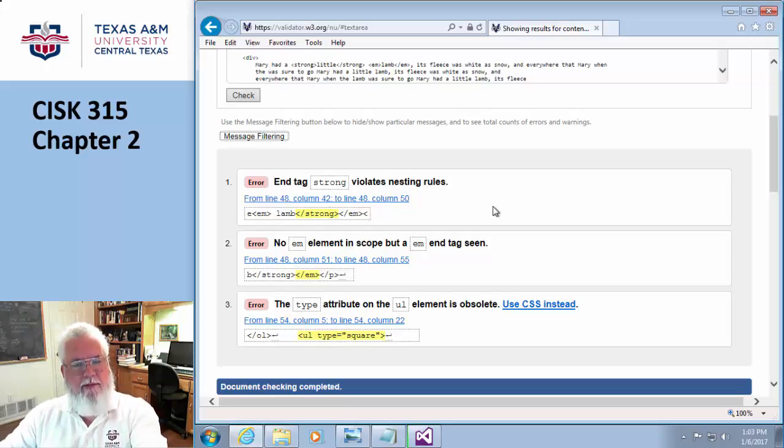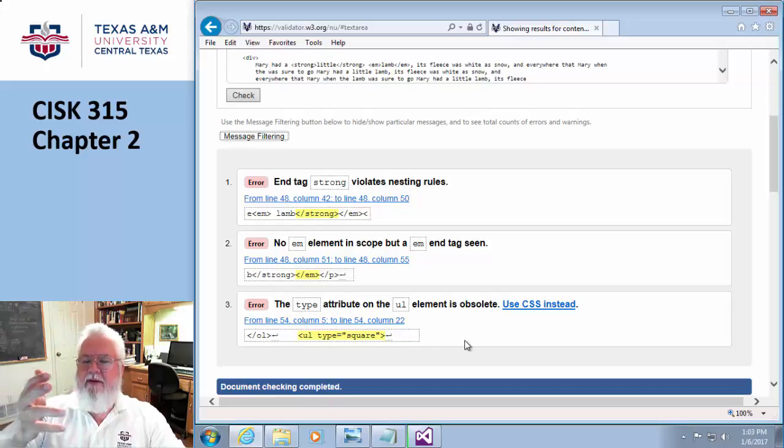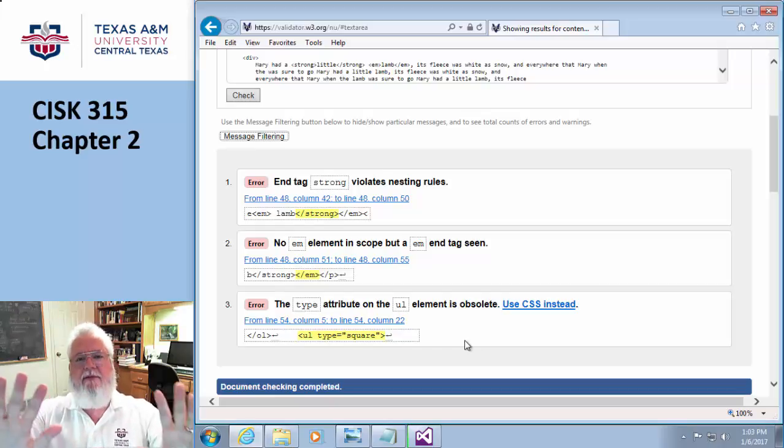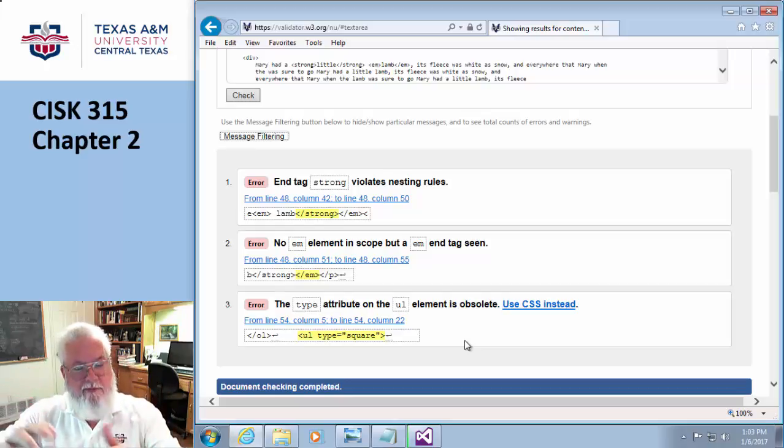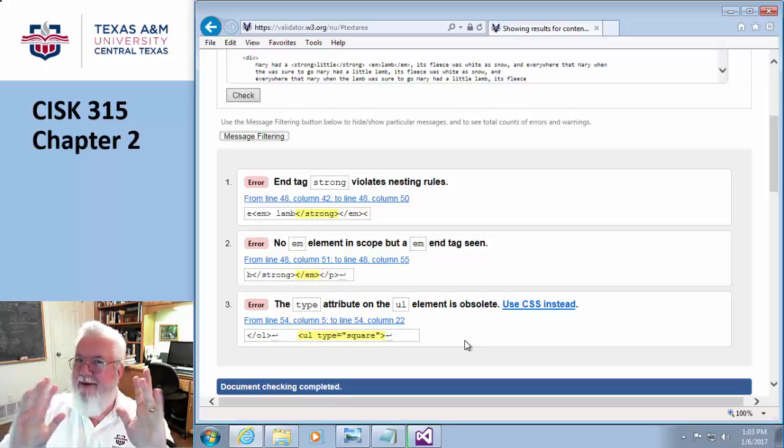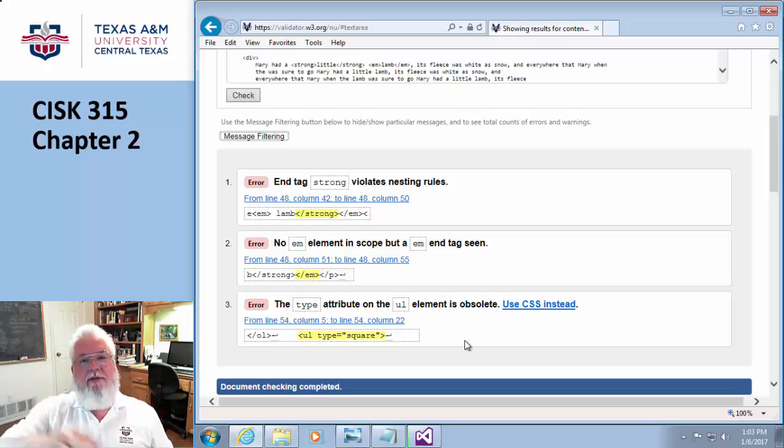It should, the example I talked about was the nesting rules. So the nesting rules are wrong, and the type attribute on this particular thing has become obsolete. I remember I changed the attribute. A lot of their attribute examples are incorrect, but they make for good ways to learn about attributes, but they are not necessarily compliant. Now, the reason I'm showing you this is